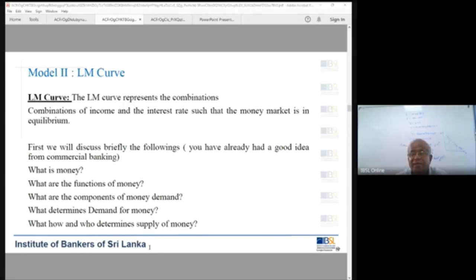Fourth function of money is the unit of deferred payment. Now, I am lecturing you. Just after the lecture, IBSL won't pay me. It takes about 2 months, 3 months time. You prepare the whole account for all the lecturers, prepare the full check and credit that money to my savings account. It takes about 1 month, nearly minimum.